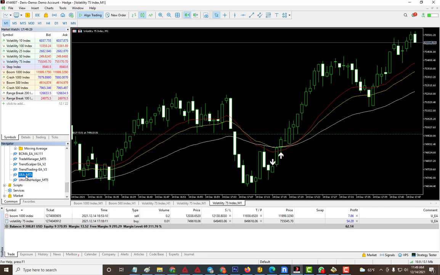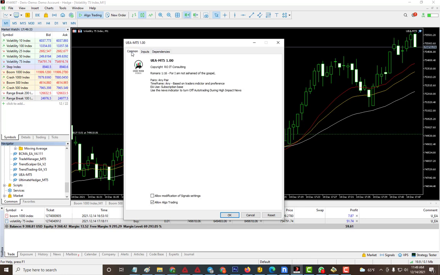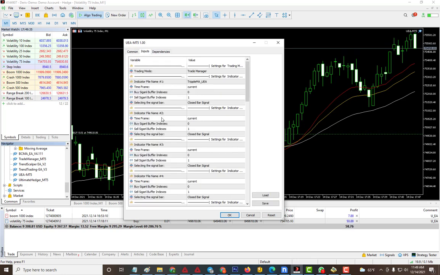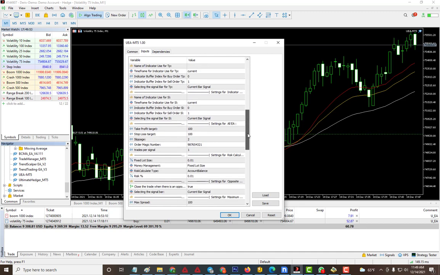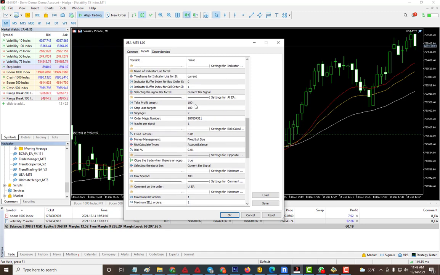use this one here, the EA, and then with the EA, you can set your TPs and everything in there, and then by default it is using that indicator. So if you prefer to use your own custom indicator, you can change it, but right now it's set to default, which is trade manager. So this is how the trade manager works,